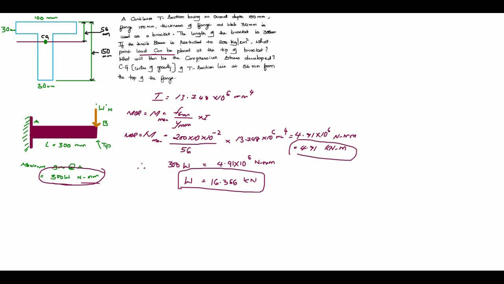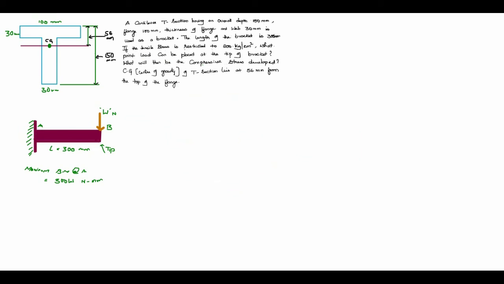Point load. So now let us find out what is the compressive stress that is developed in the T section. Of course, where is it going to develop? It is going to develop at the bottommost layer in the web. So let us go into that calculation now. So the equation again that we need to use is the same bending equation. This is the second one. We are trying to find out what is the compressive stress at the bottommost layer.